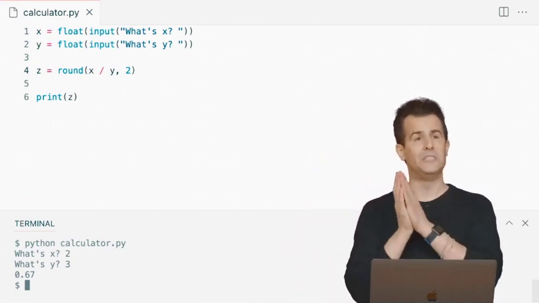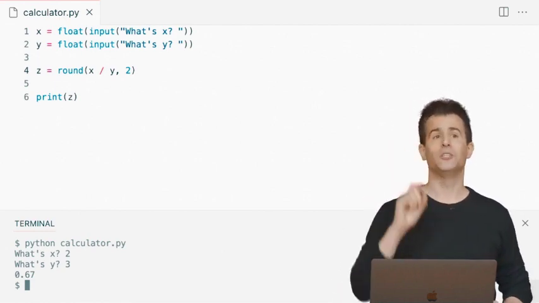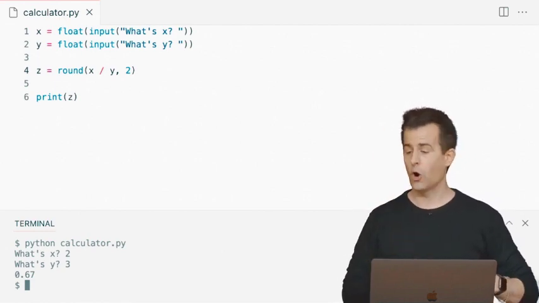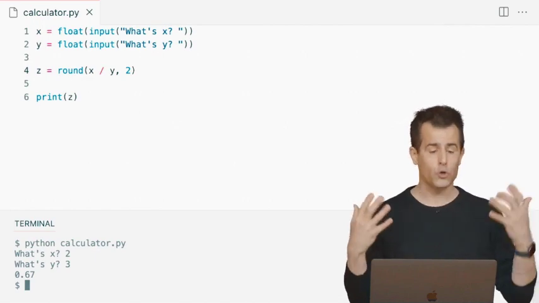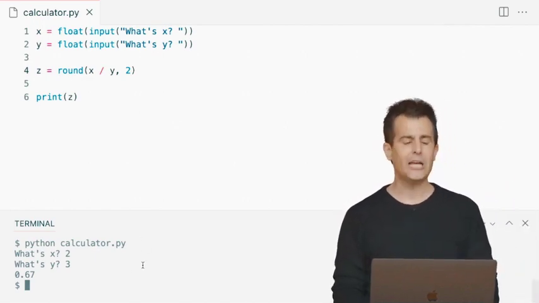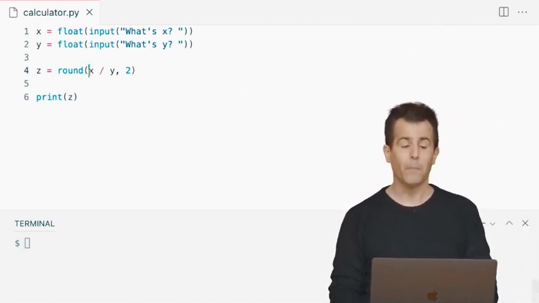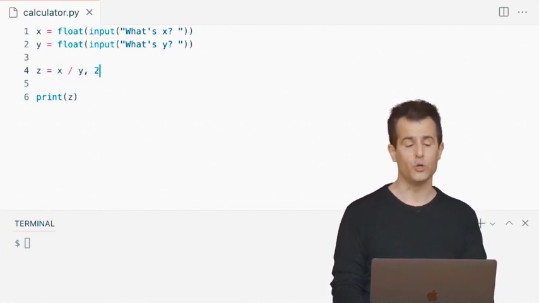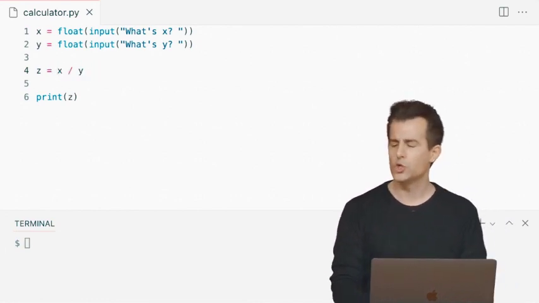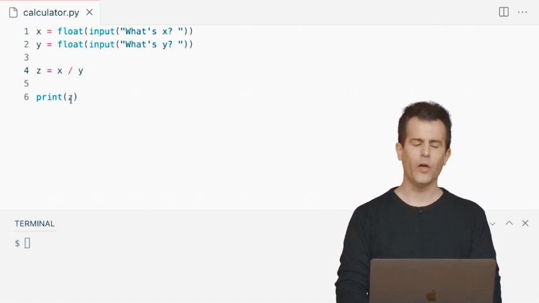But there's another way to do this here. And in fact, this evokes our f string example again. Let me go ahead and change this. Suppose that you didn't remember the round function, or for some reason you didn't want to use it. You instead want to just use a format string. Well, let's go there. Let me do quote unquote z, but let me surround it with those curly braces. Let me add the f at the beginning.